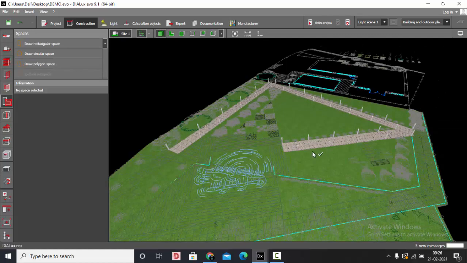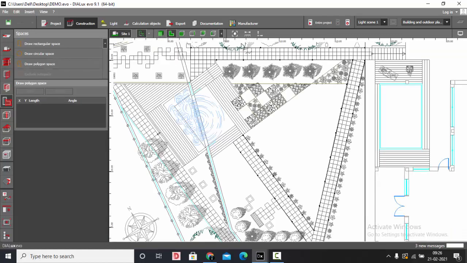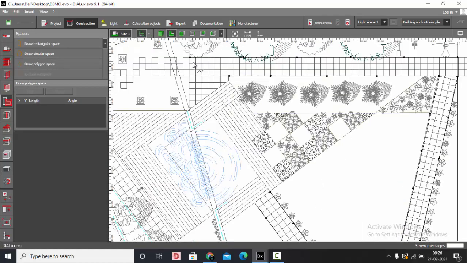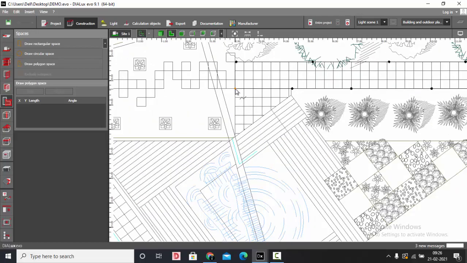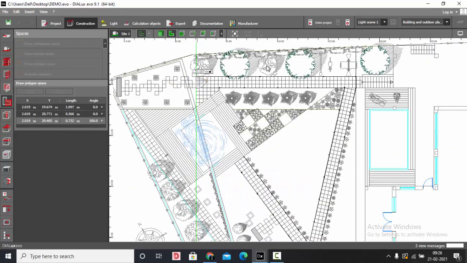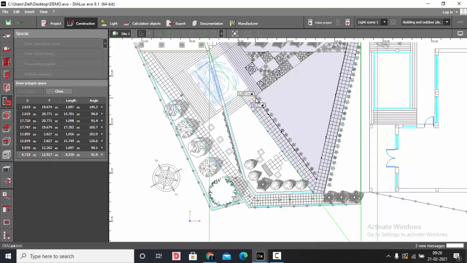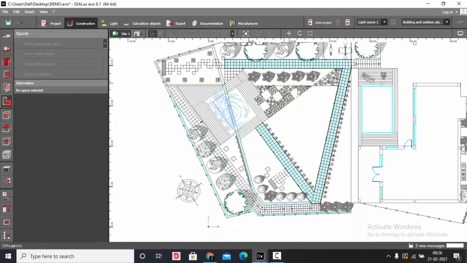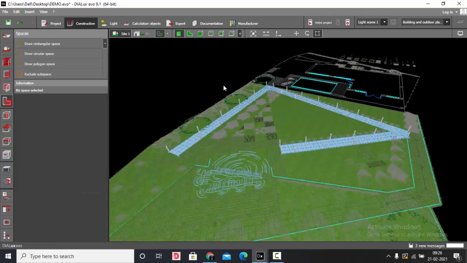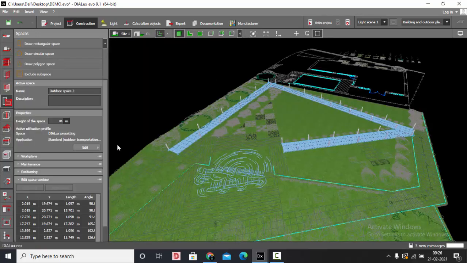Since my pathway is something like this, I'll go with the polygonal space and draw the space as per my pathway. So I'll start from this one, first point, second, just trace the path of extrusion volume, close polygon, and here is your pathway.